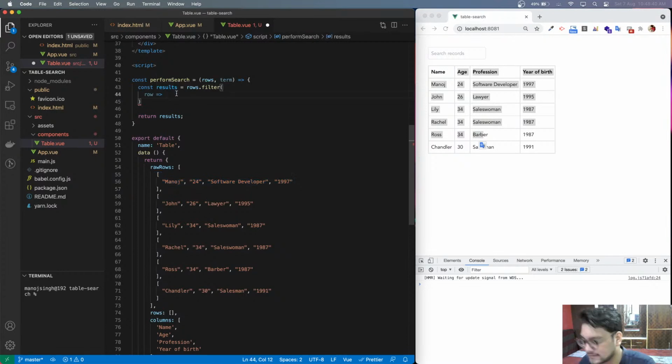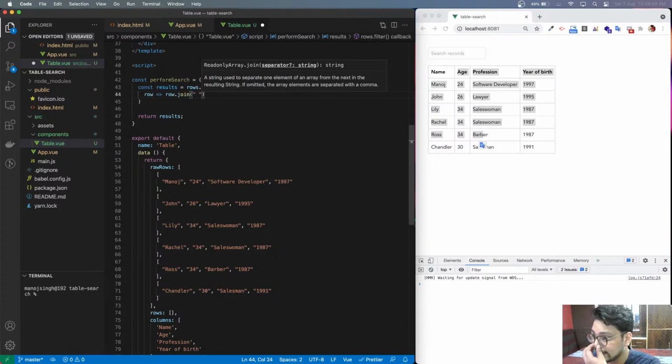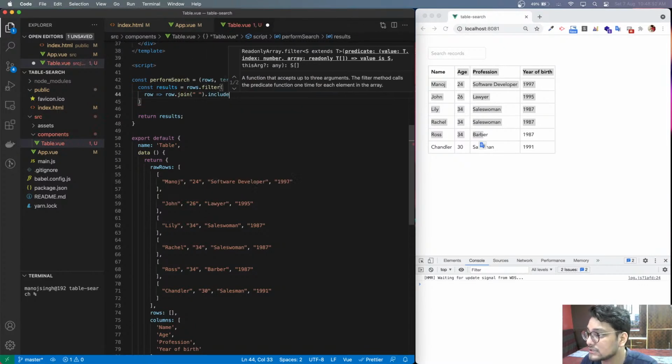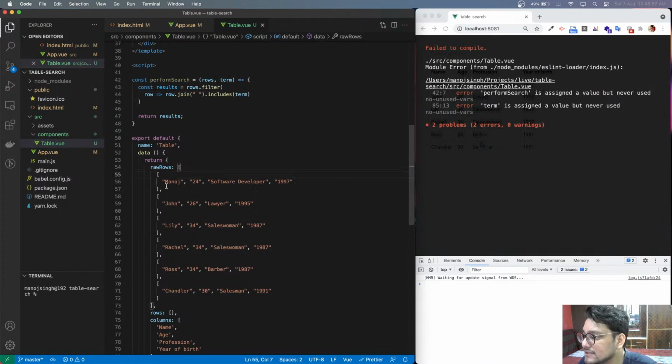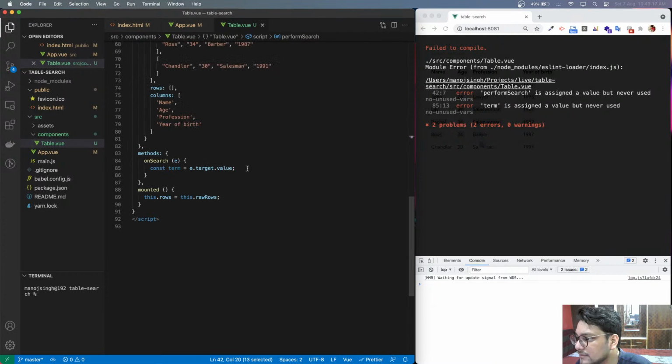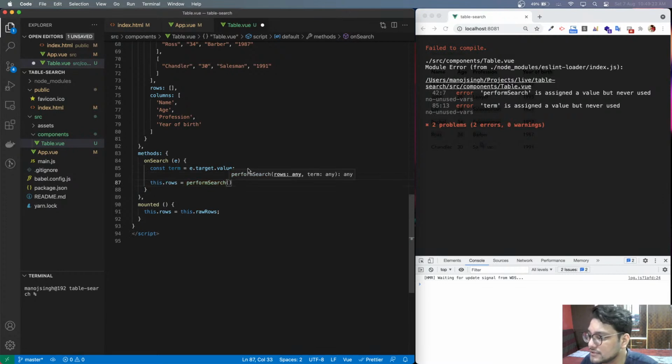Something like this: row.join using a space, and then .includes(term). Basically this will convert this into a single string, Manoj 24 software developer 1997, and then perform the search on it, checking if it includes the term that we have provided in the search box, and if it matches, it will return the result. So it will be like that. Then in performSearch, I'm going to say this.rows is equal to performSearch,